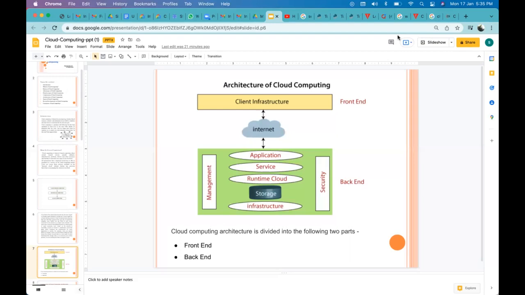It includes a huge amount of data storage, security mechanisms, virtual machines, deployment models, services, traffic control mechanisms, etc. The backend consists of all the functionalities required to provide service to the client, and it is managed by the service provider.